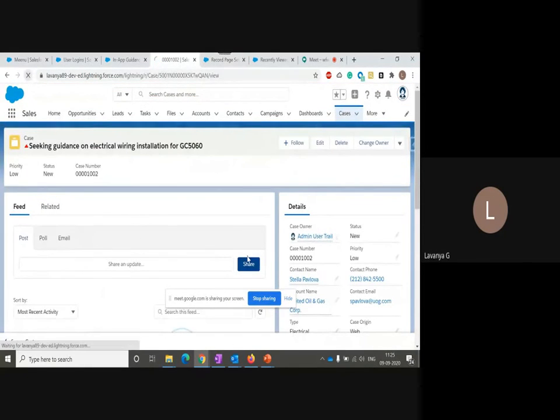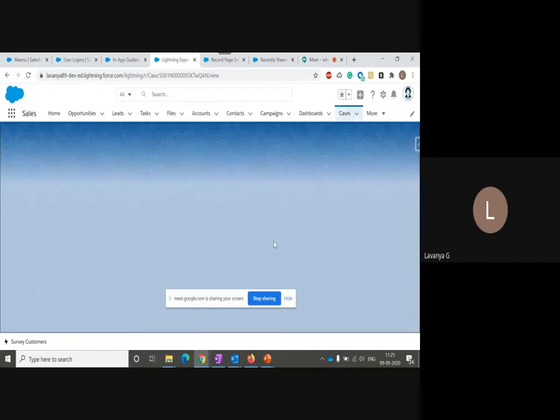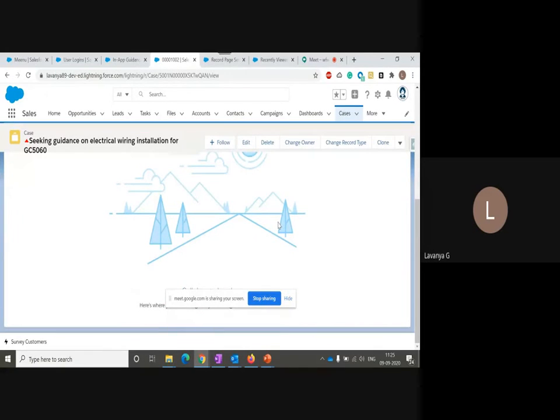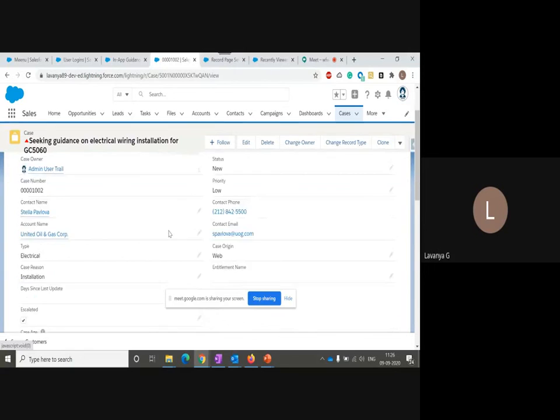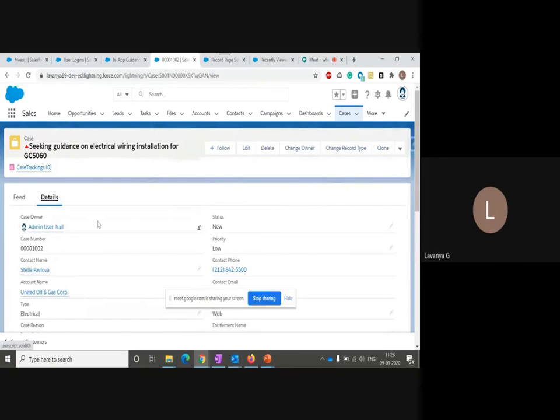I have updated this. Okay, so now you can see the difference. It is consolidated into a single page. See, this is the related detail. So everything comes under a single page. That's how it is designed. This is all about full view.